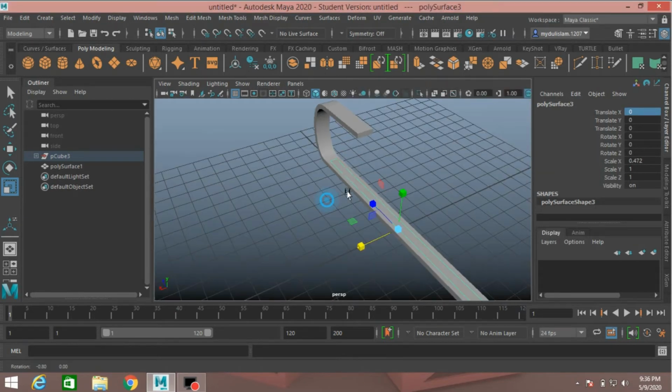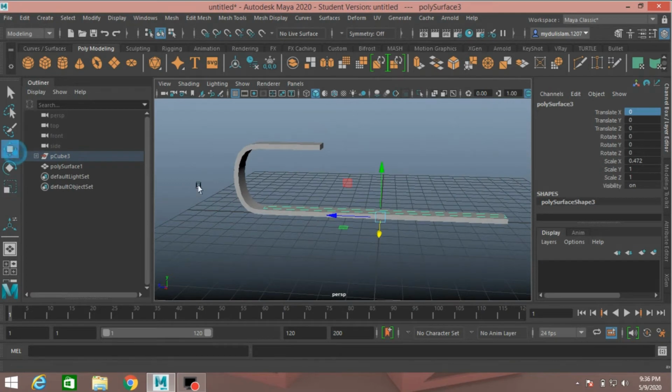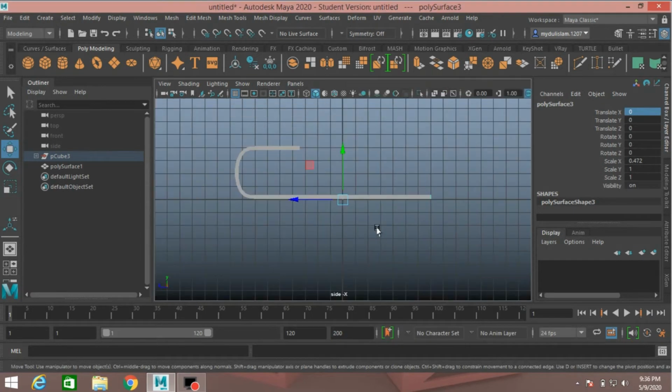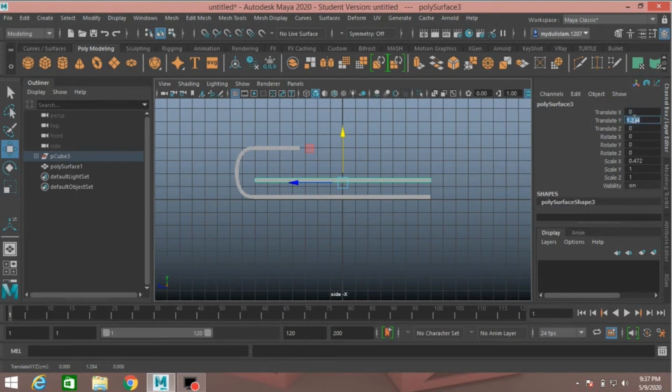Now go to perspective view and again side view, move it up just like here, type translate y 1.2